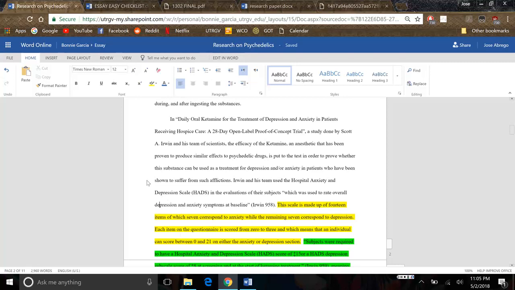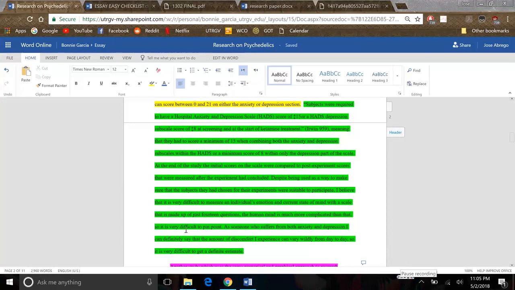So I highlighted some of my secondary sources. Okay, sorry about that. For my secondary sources, I highlighted my research paper right here in green, which is where I talked about a scale that researchers use in the research for psychedelics. They usually use a scale called the Hospital Anxiety and Depression Scale, which is made up of